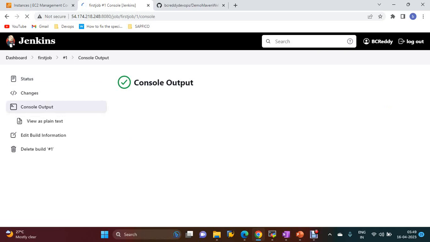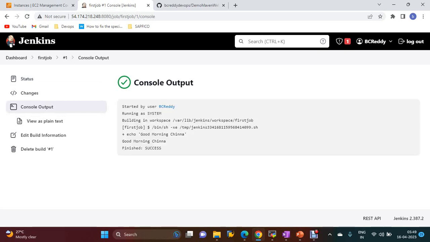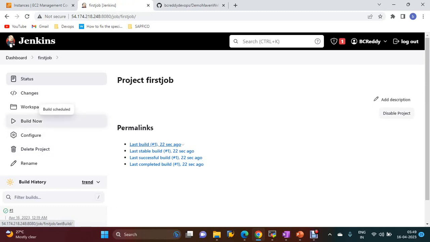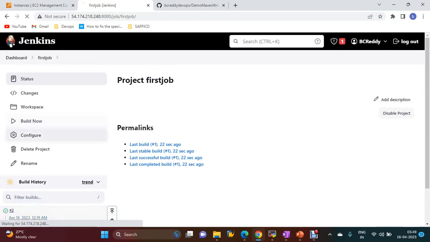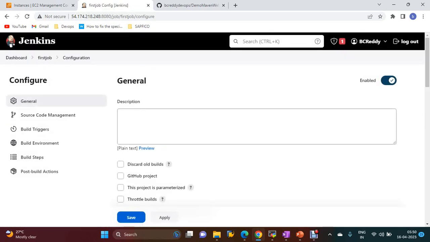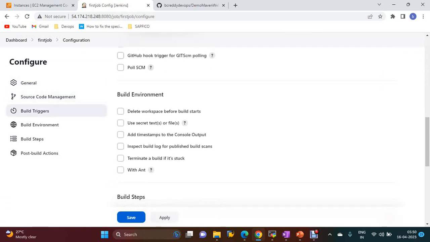So the output is good morning Chinna. So if you trigger one more time, you will be able to see the job too. Okay. So similarly, if you configure these options, like suppose